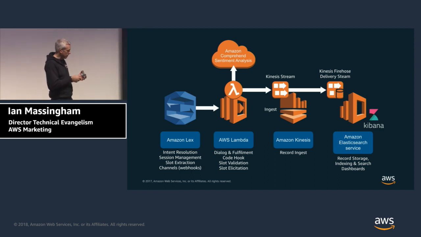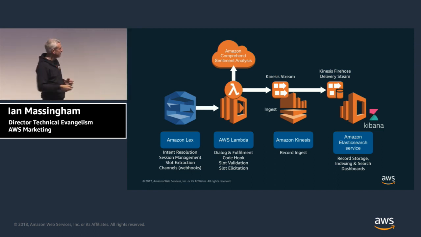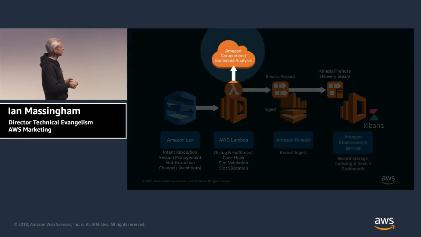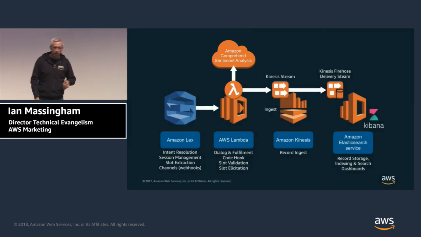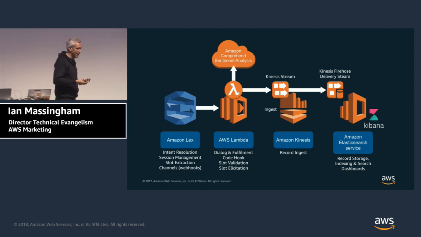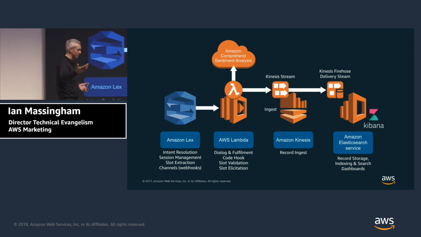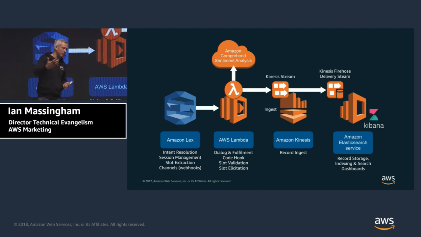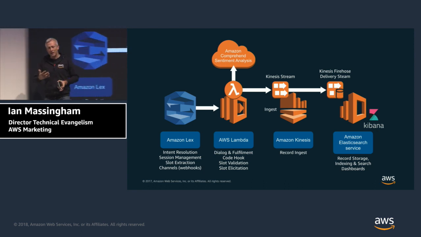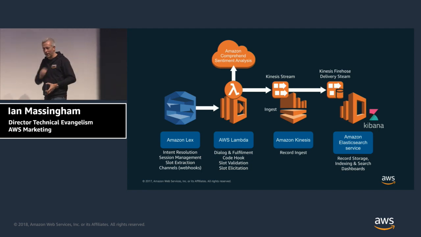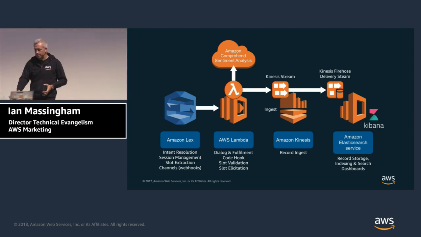The other thing that I do on the sentiment side of things for those feedback scores is I call out to another AWS machine learning service, Amazon Comprehend, which is an NLP service, natural language processing service. And there I do sentiment analysis on the input. So if you say something nice, it will hopefully detect it positive. If you say something less nice, it will hopefully detect it neutral. And if you're mean, it will hopefully detect it as negative. And we'll show that in the visualization as well.